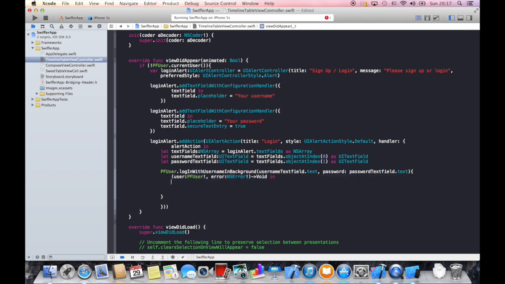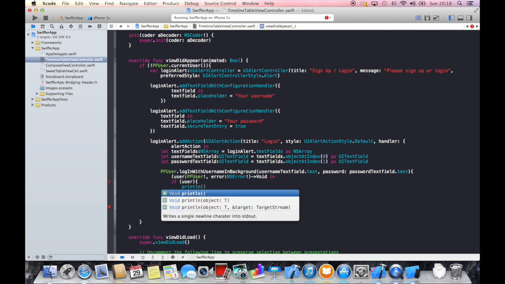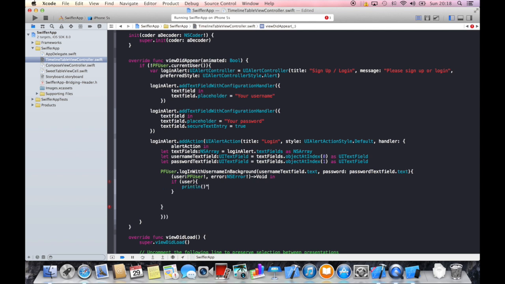Username text field. All right, login with username in background. And here in this closure, we can actually check if there was an error or if a user actually has been logged in. So if there is a user logged in, we can say print line login successful, else